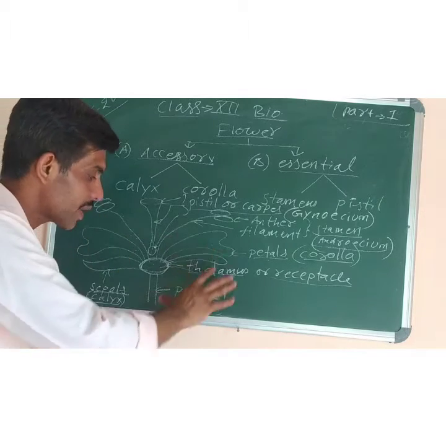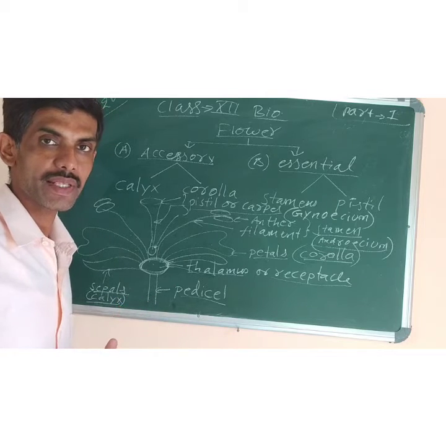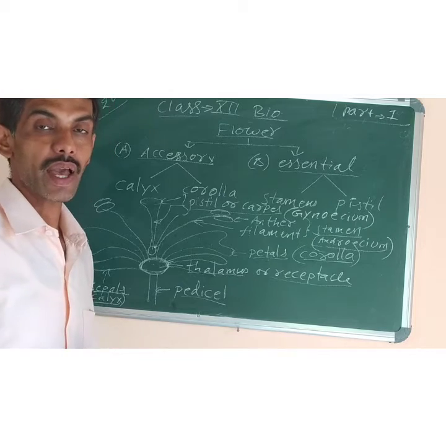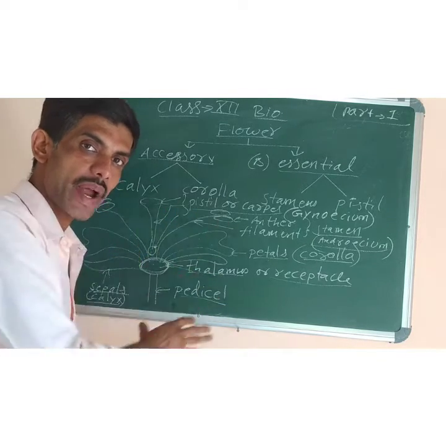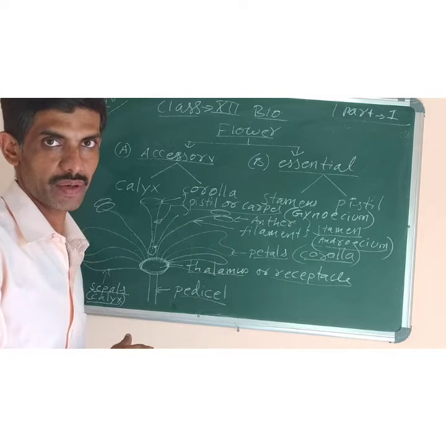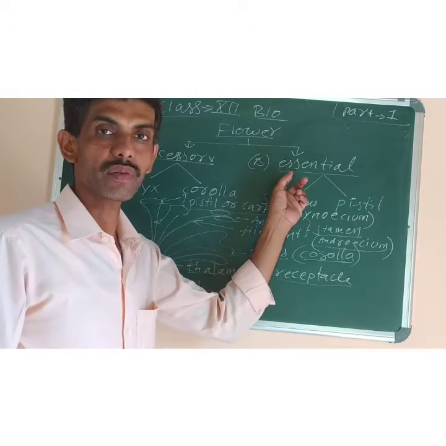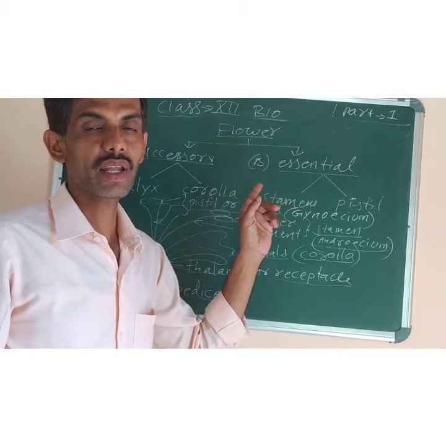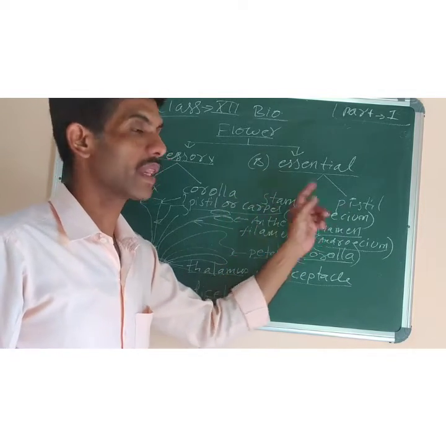So this is the diagram of a typical structure of a flower. Although flowers can be of different shapes and sizes, they may be found growing in different places at different times of the year, and they may have different characteristics, but generally all of them have the same pattern of structure, meaning the typical structure is almost the same. So what is the meaning of essential whorls of the flower? Essential whorls are those layers of the flower which are necessary for fertilization. They contain both the stamens and the pistil.